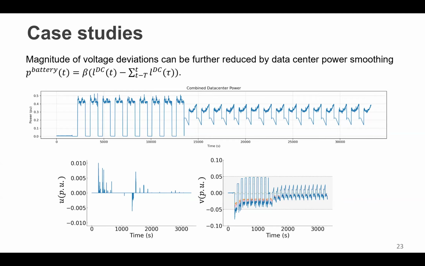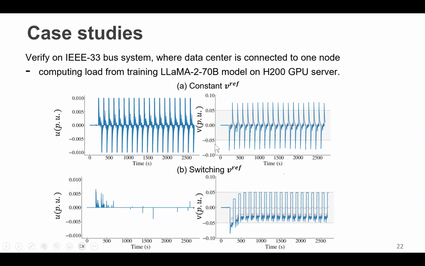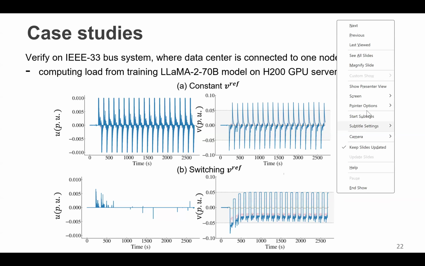Right. And now, from this figure, we can see a little bit more detail about the power draw from the data center load. We have some oscillations in between in the phases. The key point for this slide is that by just switching the V reference, we can reduce the voltage deviations compared with the baseline, but the sudden voltage jumps in this range are still determined by the sudden step changes of the computing load themselves.